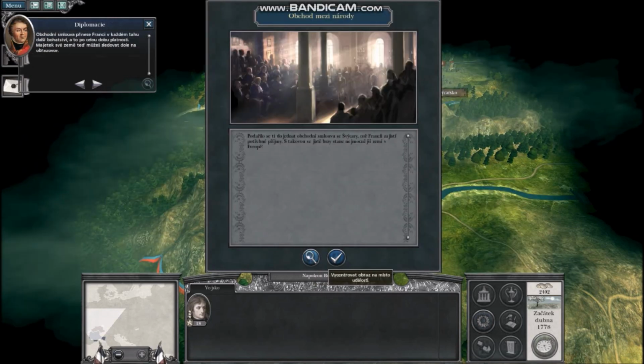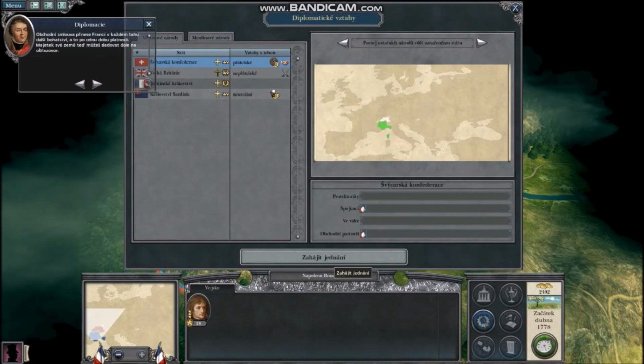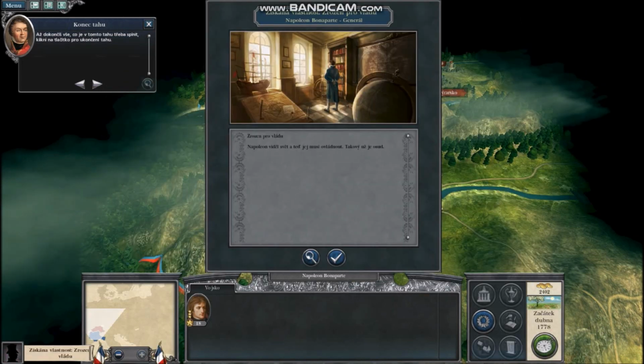With a trade agreement, France receives additional wealth each turn for as long as the agreement is in effect. Your wealth